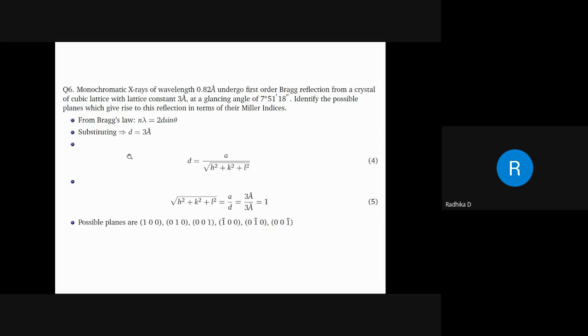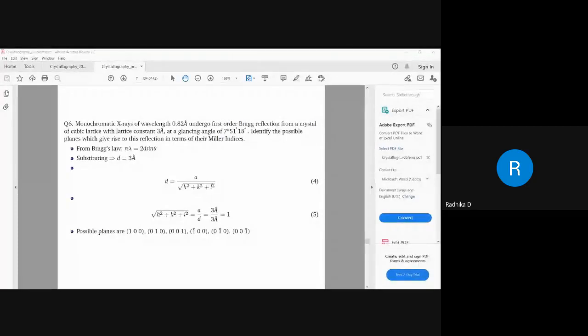It's a bit tricky question, but the basic point is this: you should remember Bragg's law, n lambda is equal to 2d sine theta, and this expression for cubic system, d is equal to a by square root of h square plus k square plus l square. If you know these two, it is pretty easy. Get one, find the other one. It is like that. Okay. Now, I think we are almost at the end. These problems are not just based on Bragg's law, Ajay. It is based on Bragg's law and interplanar distance. There are two things which are coming into picture, and it is pretty